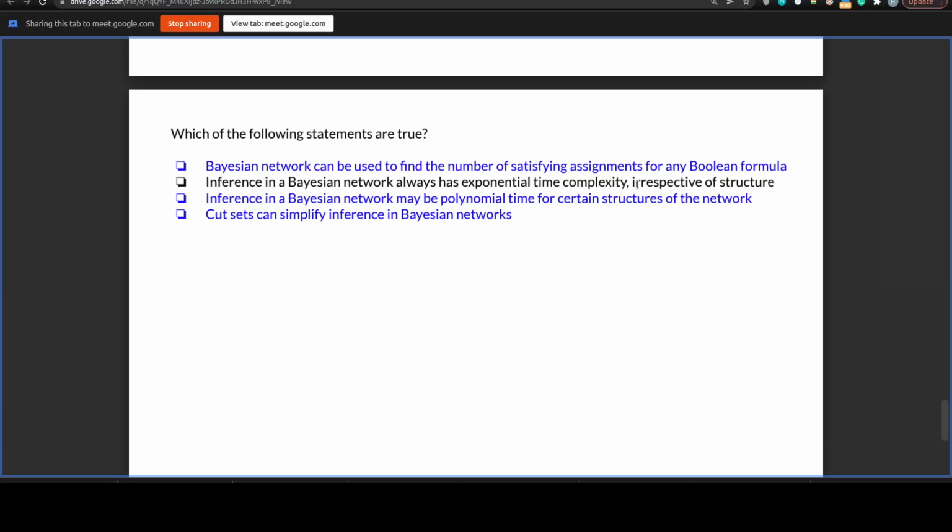Consider the following probability matrix. Each row contains a value of x and each column contains a value of y. What is the value of P of y given x, where x is given as 2? So we want to calculate y equal to 2, x equal to 2. How we'll do it is we want to